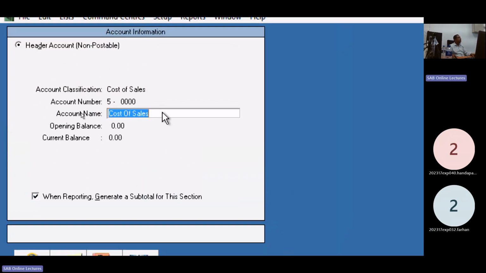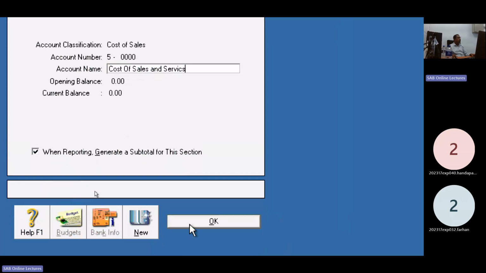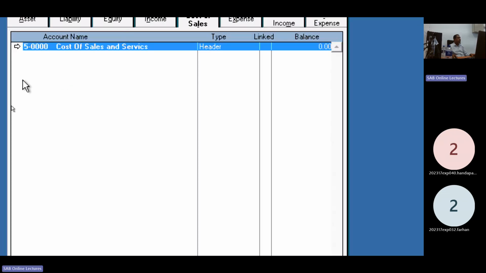Change the name to cost of sales and service. Subtotal. Okay. Edit the header. Edit it.